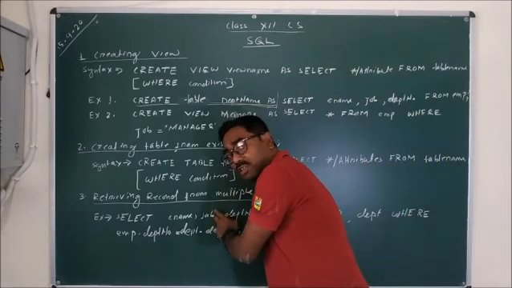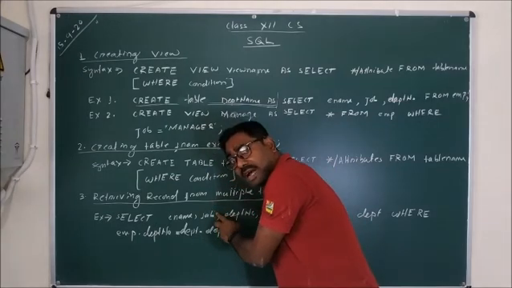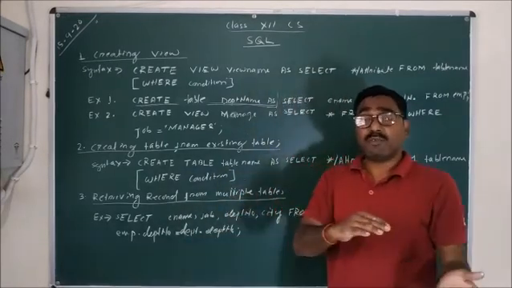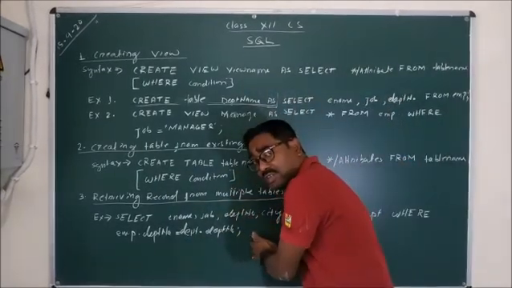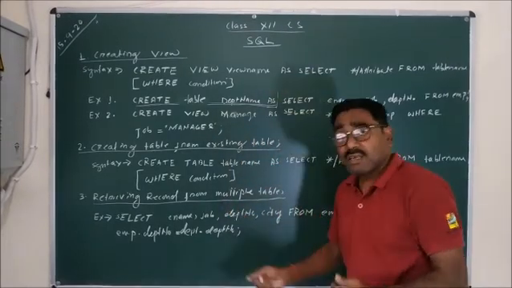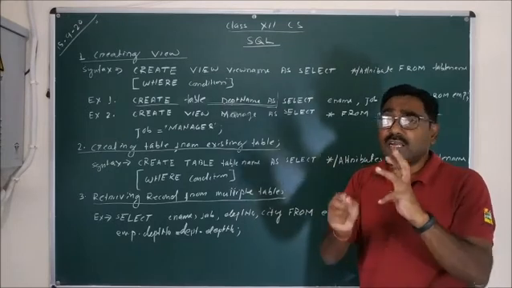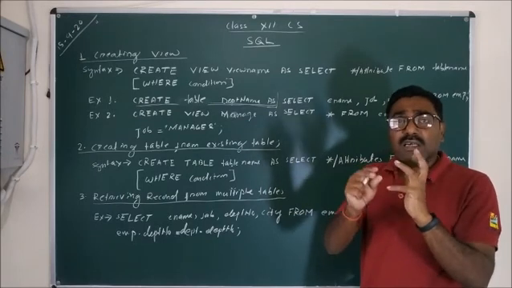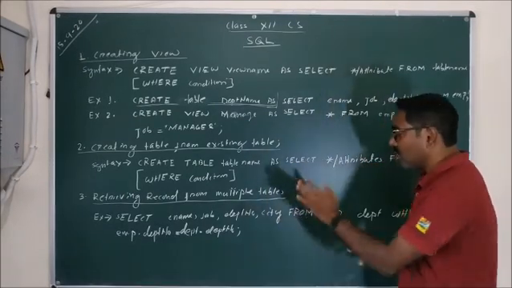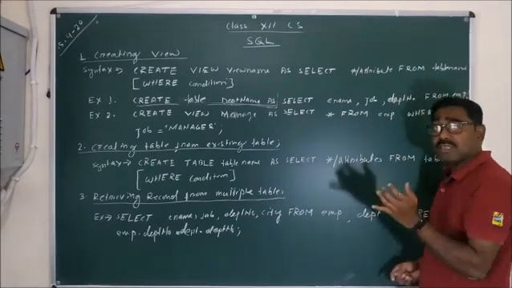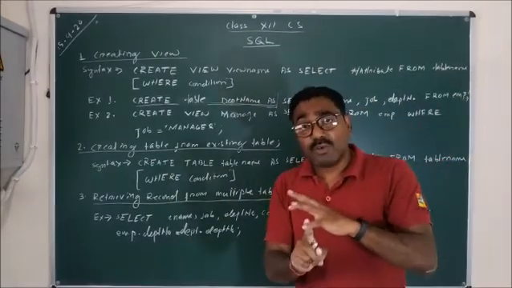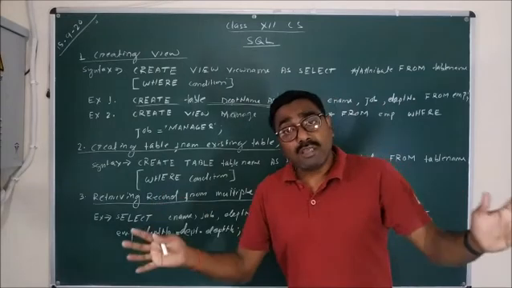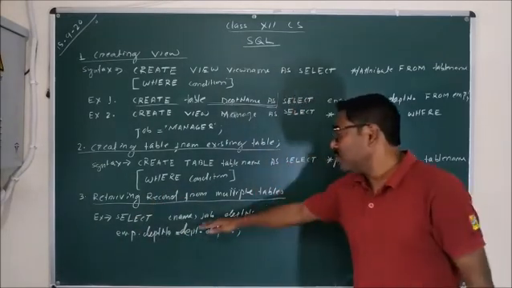So these are the attributes. Instead, you can use the asterisk symbol also. When we are using the asterisk symbol here, all the attributes of all the tables are selected. Suppose I am using the asterisk: it will select all the attributes of the EMP table, that is EMP number, ename, MGR, salary, commission and hire date, and all the attributes of the department table. That means the department number, one more time the department number, then the city and the department number. All these attributes are selected when we are using the asterisk.